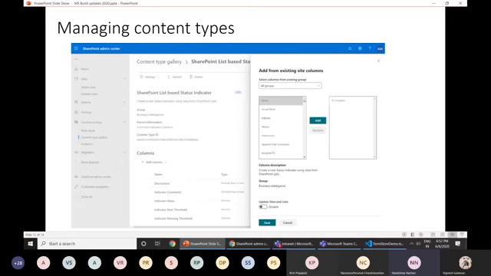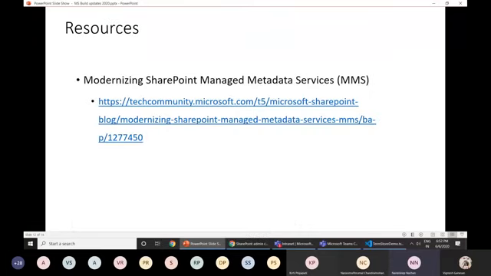The good thing is that we now have only one consolidated place from where we will be able to control all of our content types, instead of creating those content types inside your SharePoint site, or even managing them centrally from the content type hub. So this is the one good place from where you can manage all the content types across your SharePoint or Office 365 tenant. So here are a few resources, for example, if you want to explore more on the managed metadata service and this new content type gallery. With that,